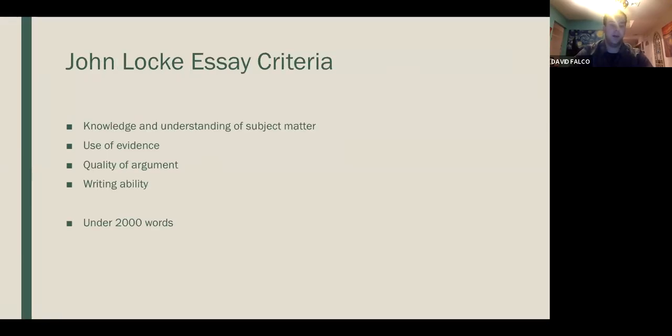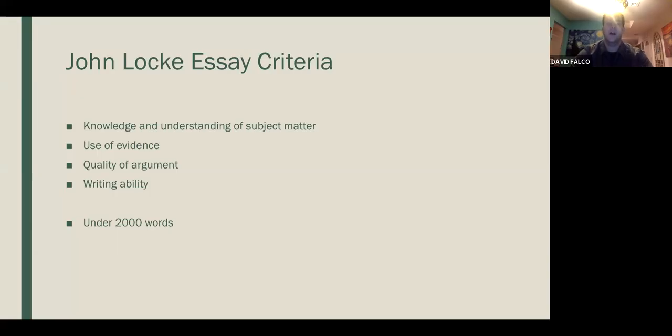All right, so the John Locke essay contest judges you in 4 different criteria. The first is knowledge and understanding of the subject matter. The next is use of evidence. This is one of the really most important parts that I saw a lot of students struggle in last year with the essays. They want to see that you're able to go and do an academic search, that you're able